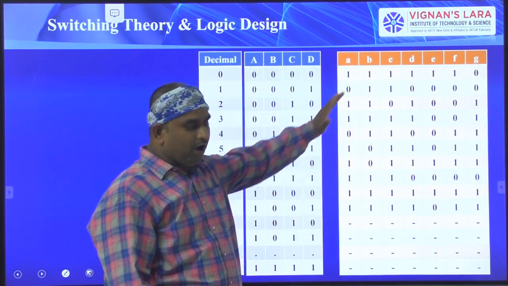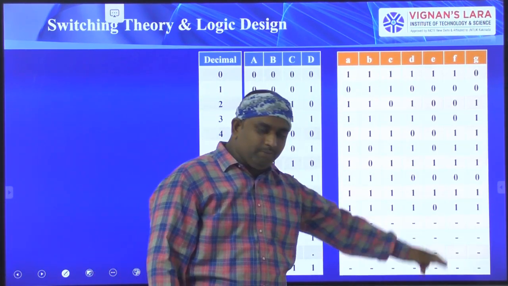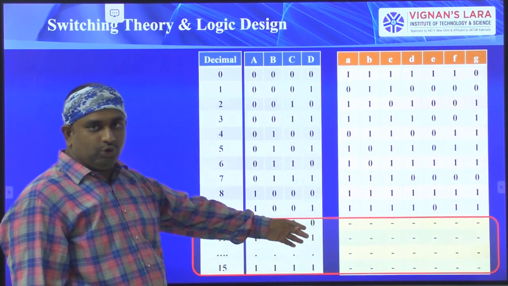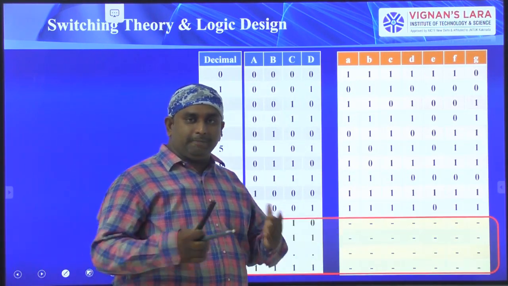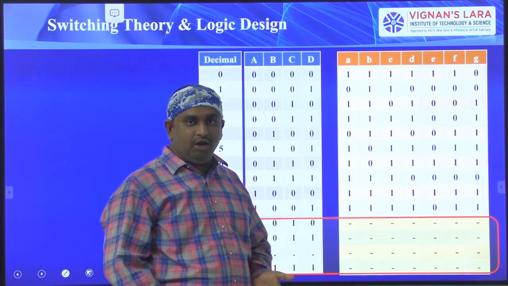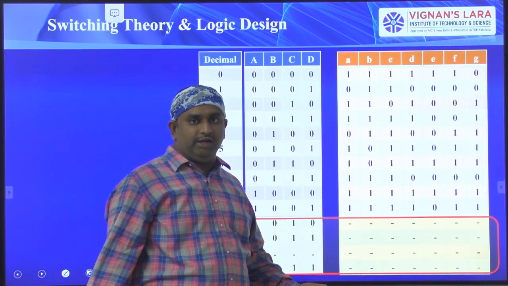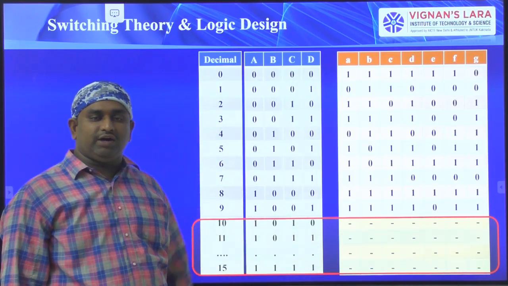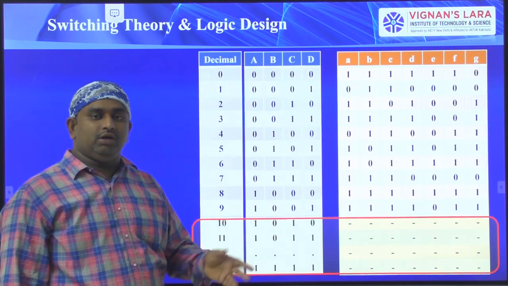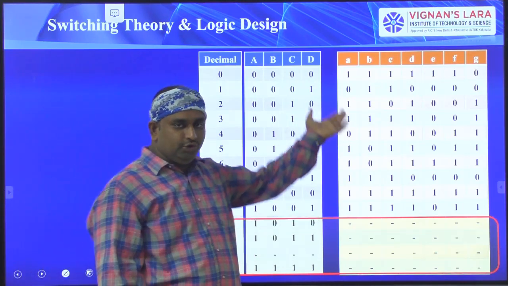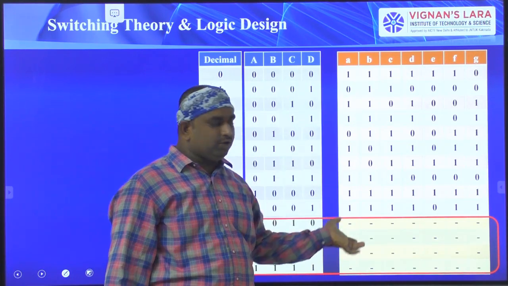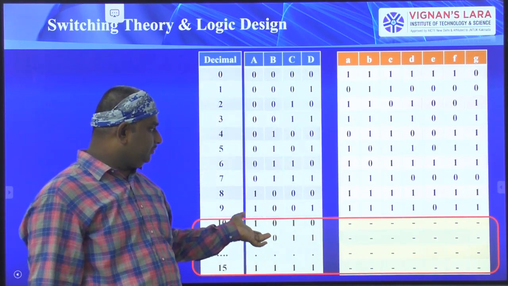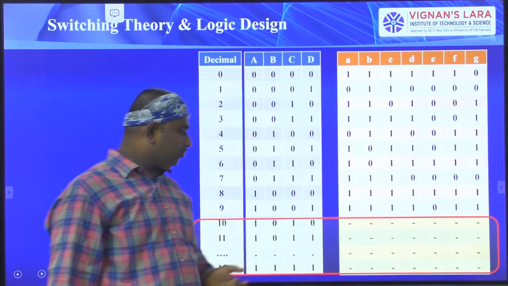So now we have formed this table, and the remaining combinations we are representing as don't cares. We have the numerals from 0 to 9. After 9 we don't have any decimal symbols. After 9 we are repeating our decimal values as 10, 11, 12, 13. We don't have any new symbols. We have symbols from 0 to 9 only in our decimal number system.